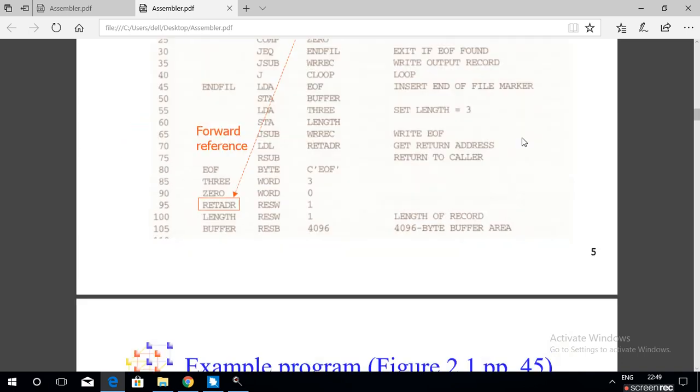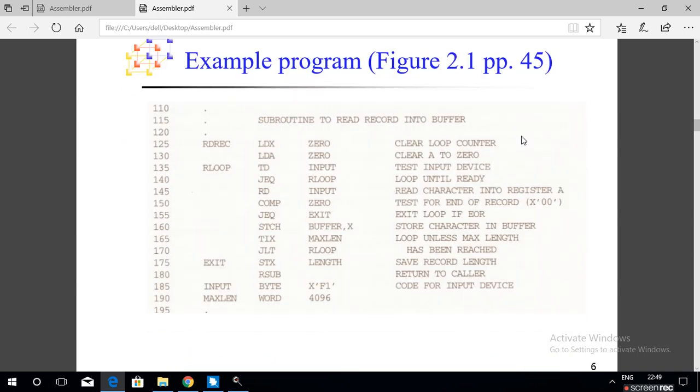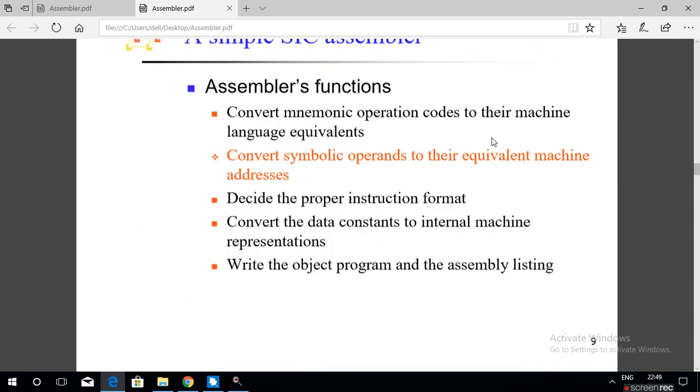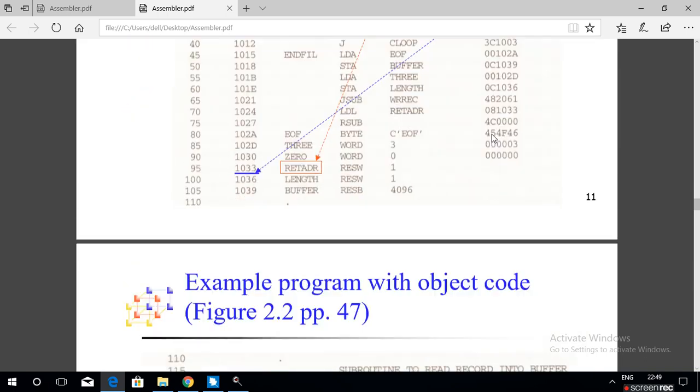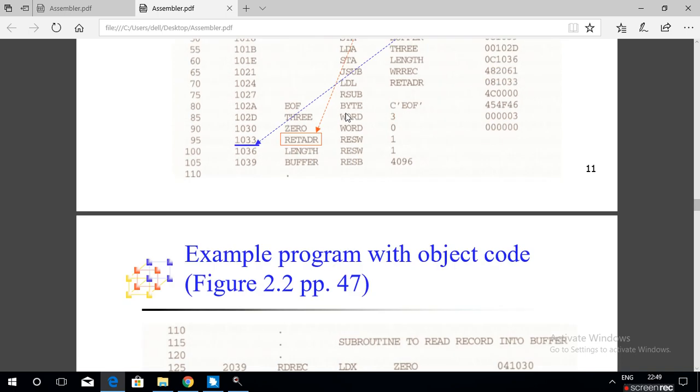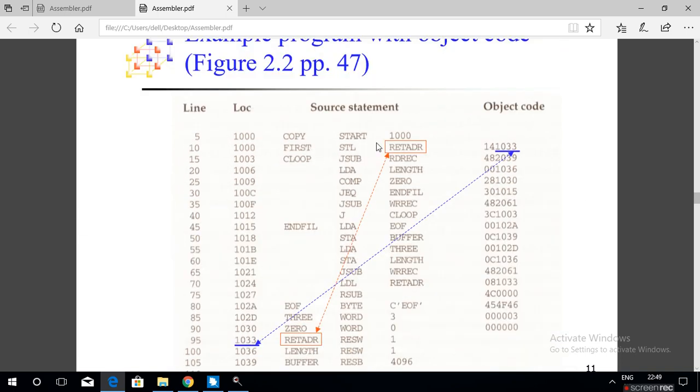First we will see a sample assembly language program. This is the sample assembly level language program with these three columns.